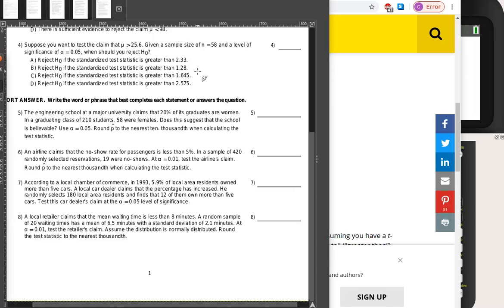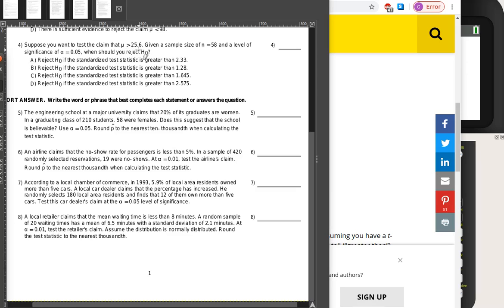Hello everyone, I would like to show a solution for test number 4 review, which of course just covers the last couple of chapters that we've been dealing with, namely chapter 10 and 11. So number 4 says, suppose you want to test the claim that the population